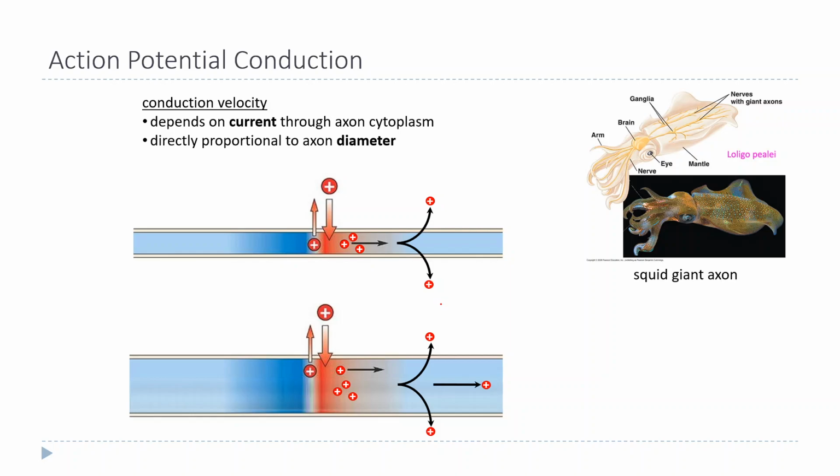In fact, in some situations, some organisms have very, very big axons. So a good example of that is the squid. Squid have, this is basically their nervous system. They have a brain here close to their eyes, and then they have nerves that go out to the muscles and sensory systems of their body, especially this structure called the mantle. So the mantle kind of surrounds all the internal organs of the squid,